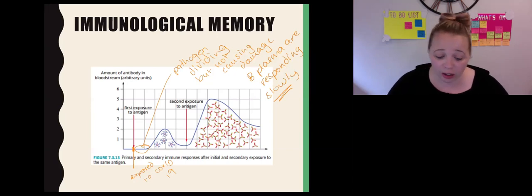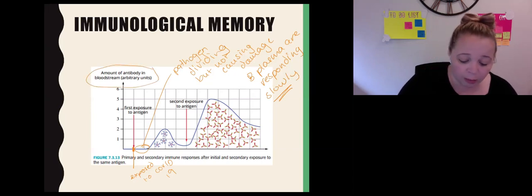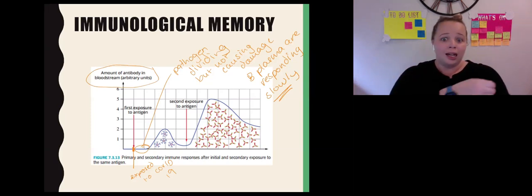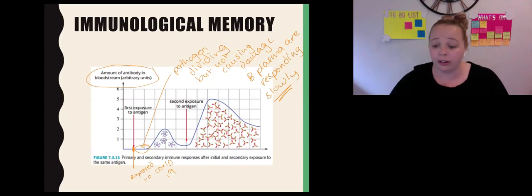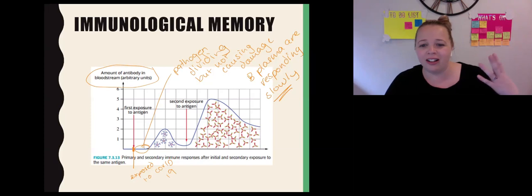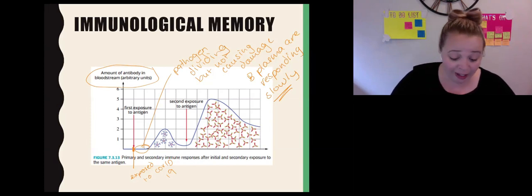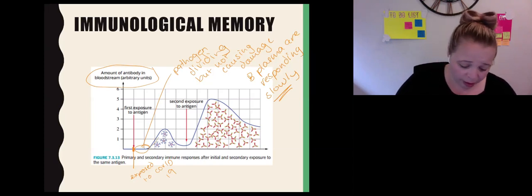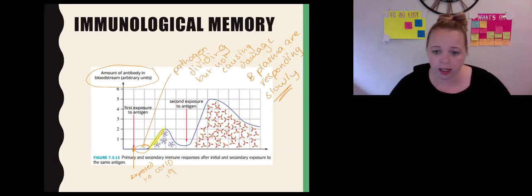So what this graph is actually showing us is how much antibody is being produced over time. You won't produce antibodies for several days after infection. So you'll get infected, it'll start to rapidly divide in your body, and your B plasma cells will get activated and start to divide, but they're not fast. It's going to take a number of days to start that response. Eventually, and by this stage you're probably feeling sick, you start to get an increase in antibodies just here. Can you see this increase in antibodies?